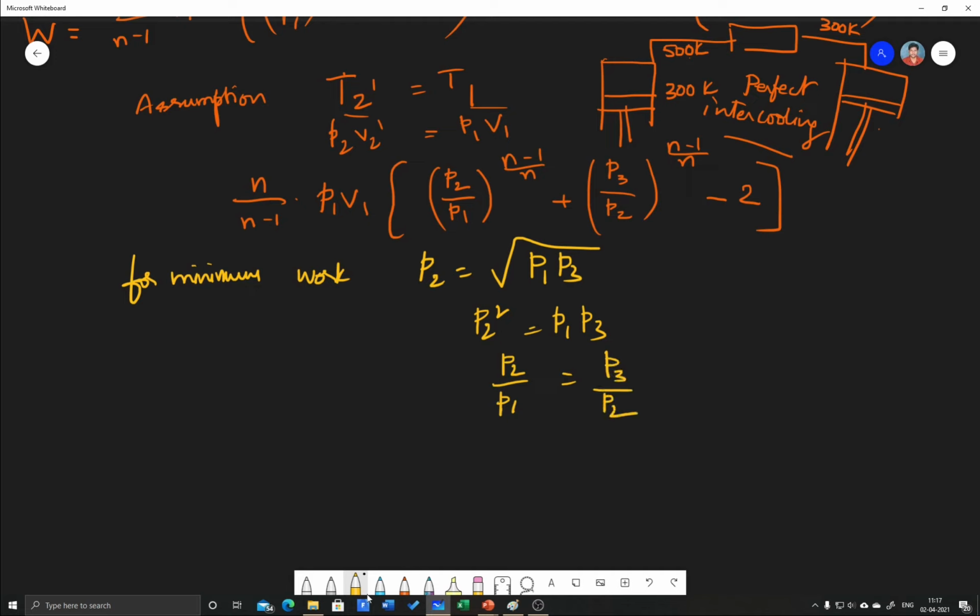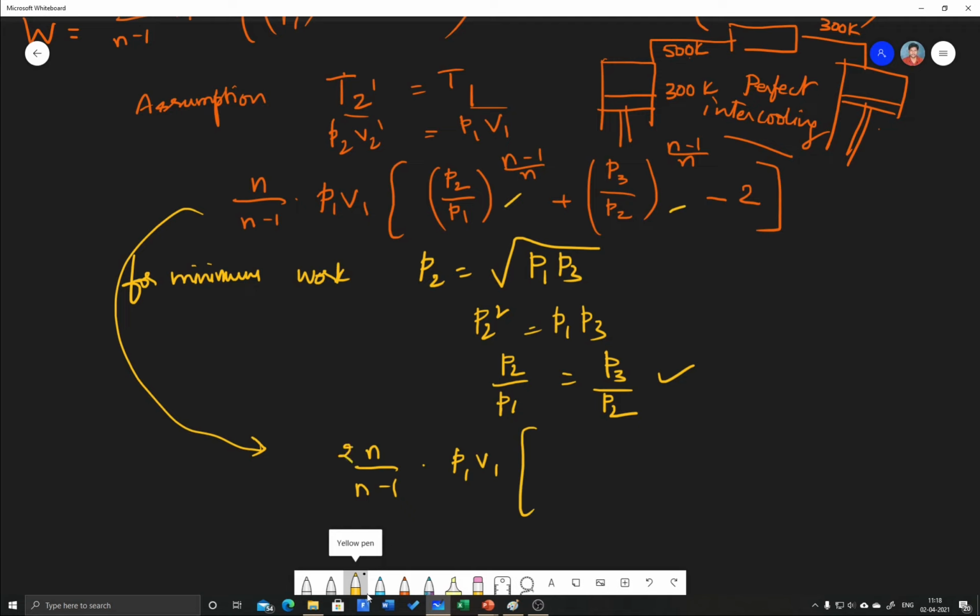So if you rewrite this using this equation, n by n minus 1 into P1 V1. Both are the same, this and this. So 2 we can write it like this, 2n by n minus 1 into (P2 by P1) whole power n minus 1 by n minus 1,